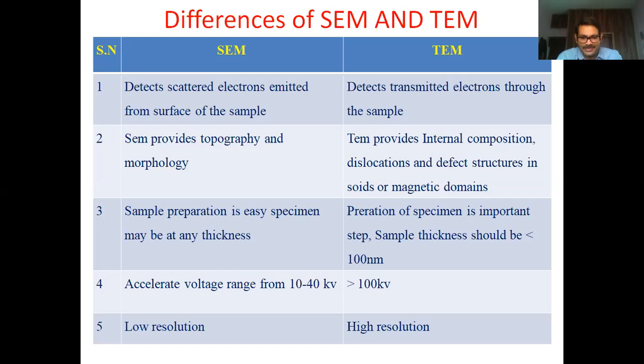And the comparison is there. SEM has a lower resolution. It can extend up to a magnification of 6 lakhs. But as you just observed here, TEM has 20 lakhs magnification. So that's why it can magnify 20 lakh times. So we get a high resolution picture in the TEM. Thank you, my friends.